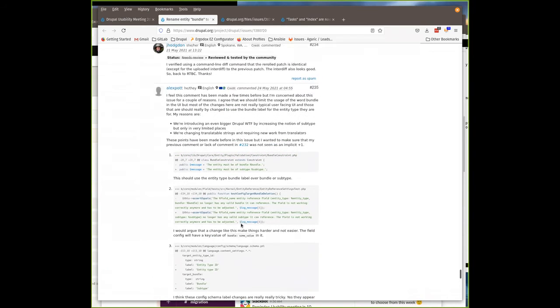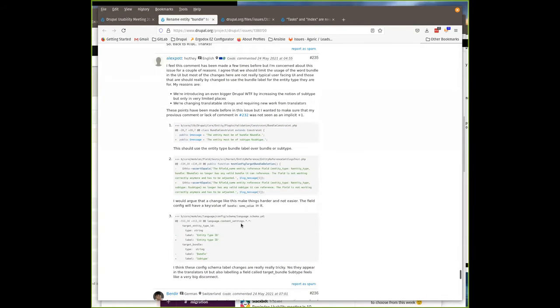I think you make a good point on that one, and I'm thinking back to when I was learning the entity API, and I was like, oh, these things, bundles, these are really cool. I wish more frameworks had these. But being able to search online for how to make a Drupal 8 bundle is something I did, hammering my keyboard as I did it. If we start splitting out those terms, bundle and subtype, you split the quality of the search results, because some people online will start calling them subtypes, and Stack Overflow and others will start calling them bundles, and then does it just make it harder for new developers